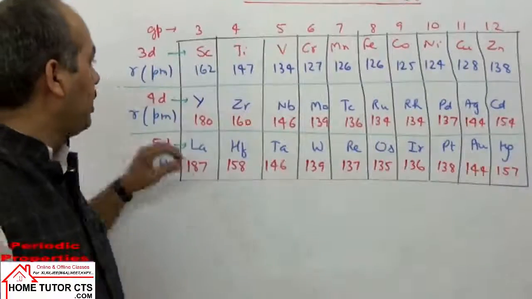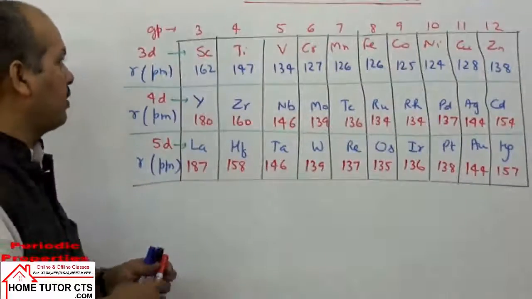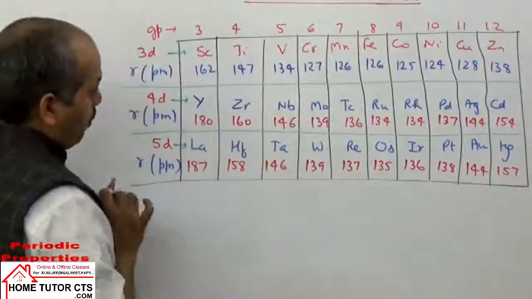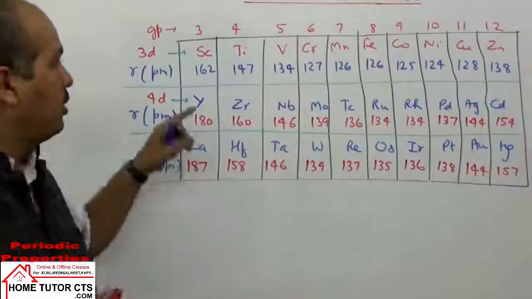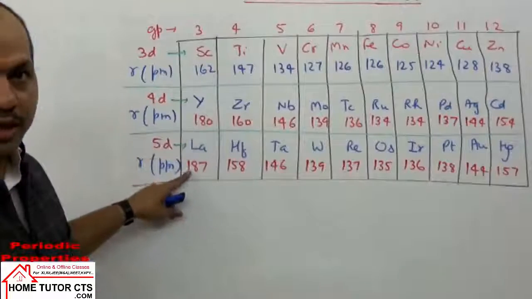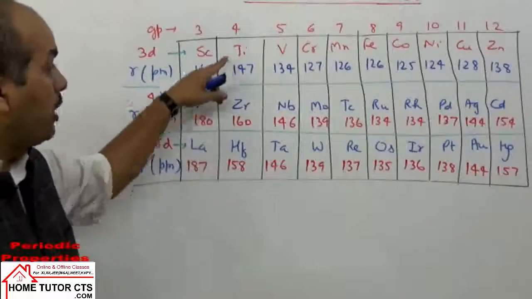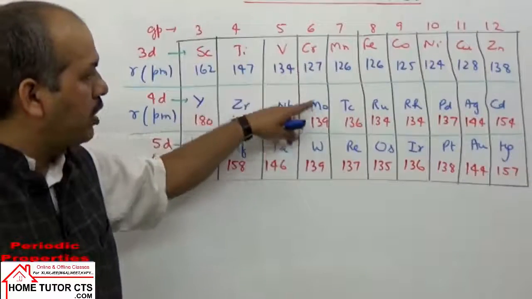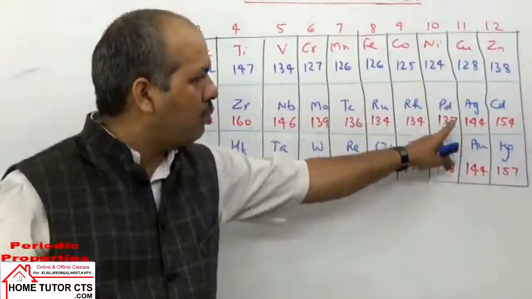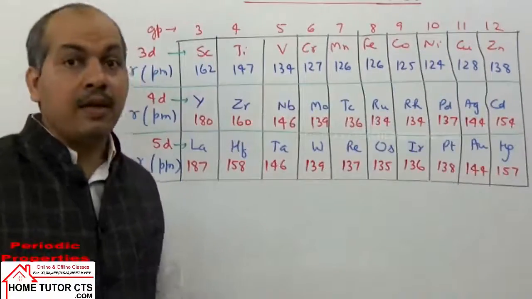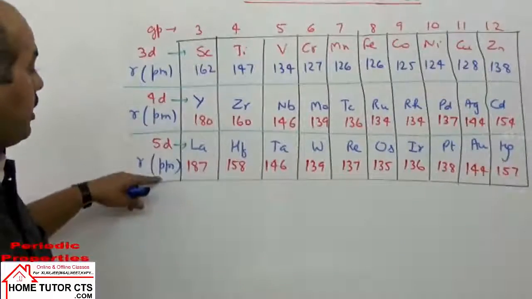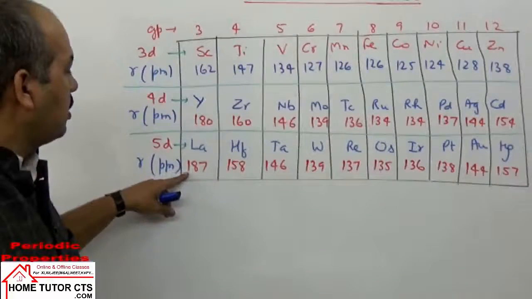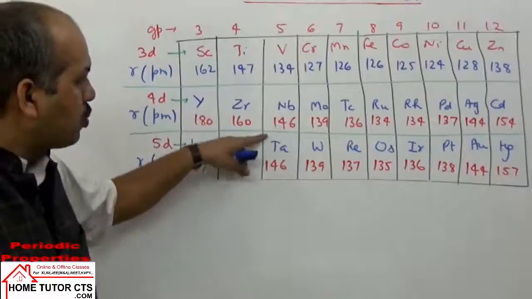Fine. Now next can be taken here after size variation of the elements. Now when we take down the group, what is happening on moving down the group, size of element should increase हो रहा है, कोई problem नहीं है, but if you take from here to here, the size of elements here are increasing, all series 127 139, you can compare the values, in all of the cases the size of element is increasing. But when we move from 4D to 5D series, what is happening, the size of element is यहाँ बढ़ रहा है, but यहाँ पे क्या है, almost constant.